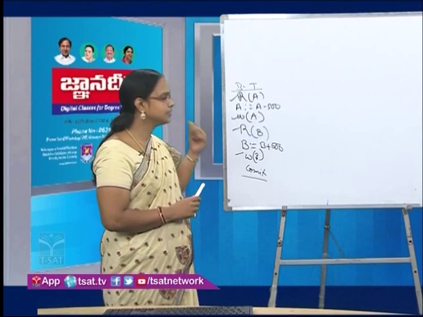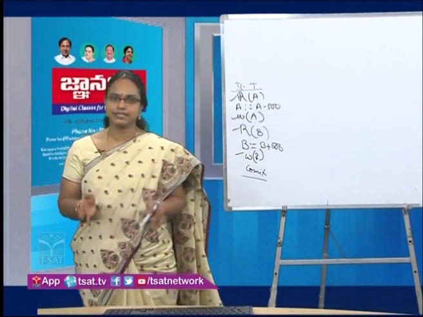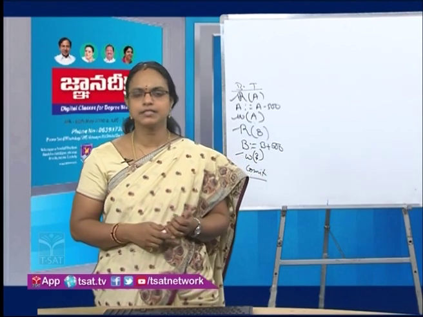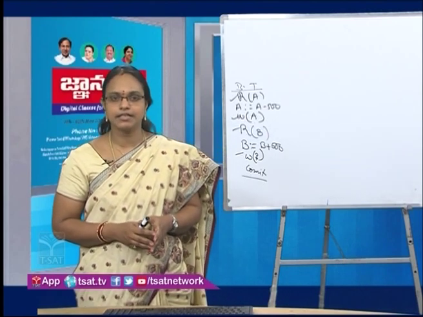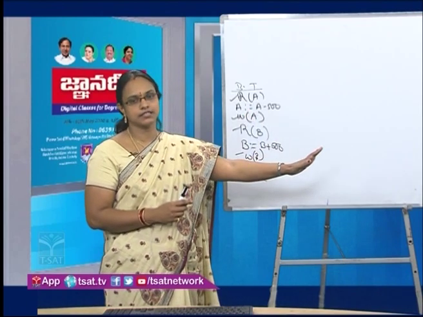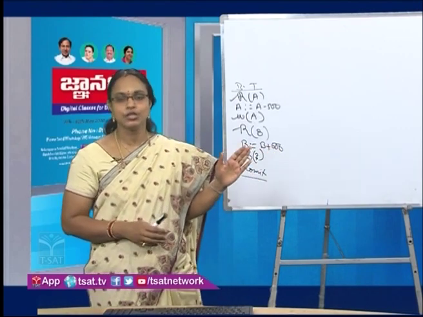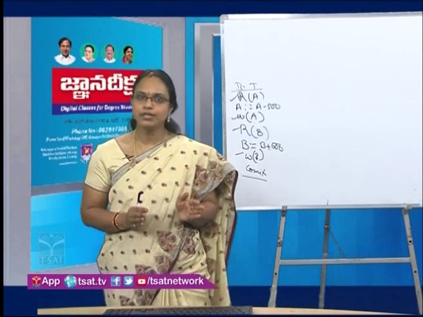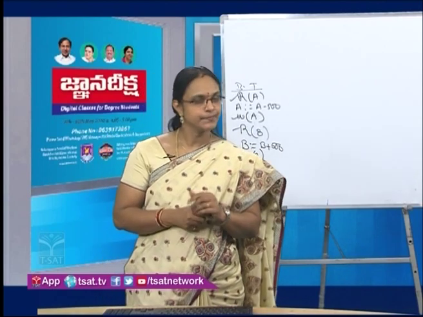Now coming to the third property, isolation. Isolation is when 2 or more transactions execute. Let's suppose I went to the bank and at the same time there are many other customers executing their transactions. So when 2 or more transactions are executing concurrently, the intermediate results of one transaction should not affect the other transaction. We will see this isolation very clearly when we come to concurrency control. For now, just remember that isolation is a property wherein when 2 or more transactions execute concurrently, the intermediate results of one transaction should not affect the other transaction.